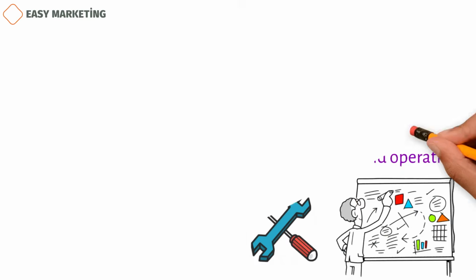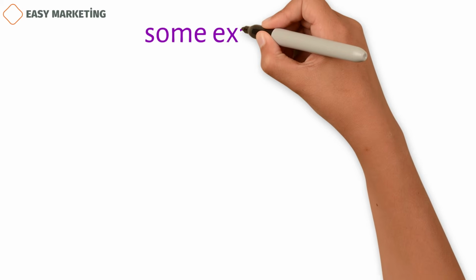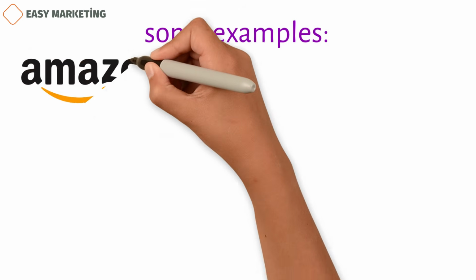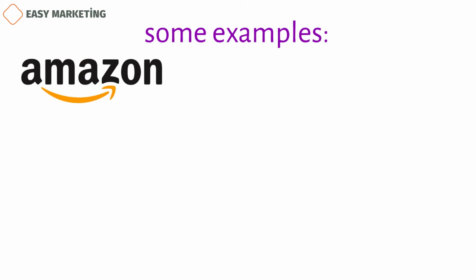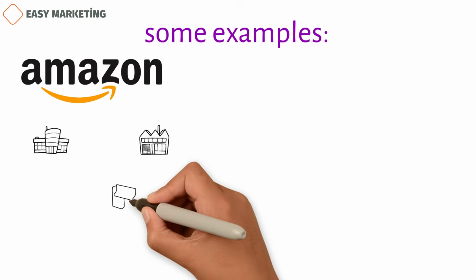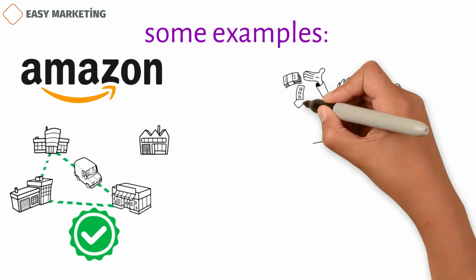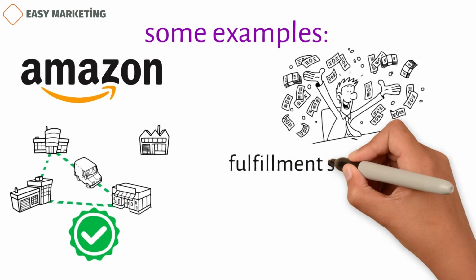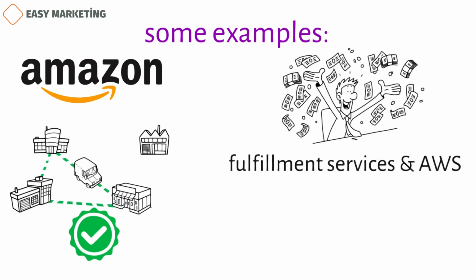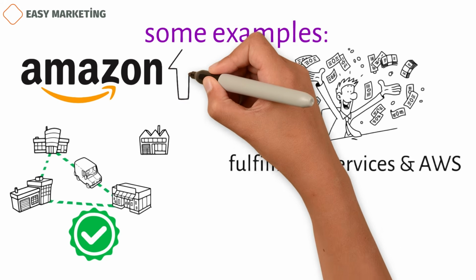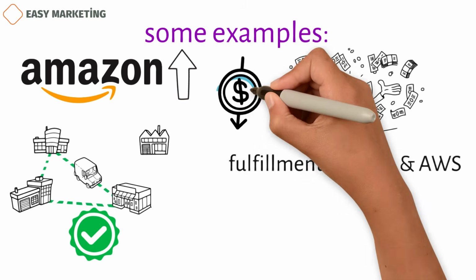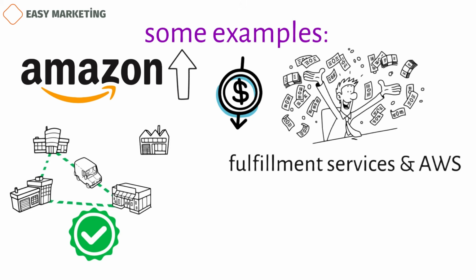Value chains, some examples. Here are some of the most important things that Amazon, a tech and online shopping giant, does. Taking care of the supply chain. Amazon makes most of its money from the products it sells through its own fulfillment services and from the data center resources that power its Amazon Web Services, AWS, cloud services. Here, Amazon can use the fact that it is a big business to get lower prices per unit on the things it buys from other companies.